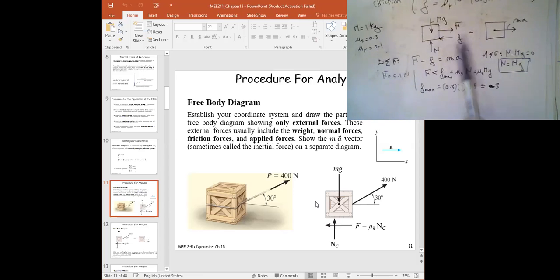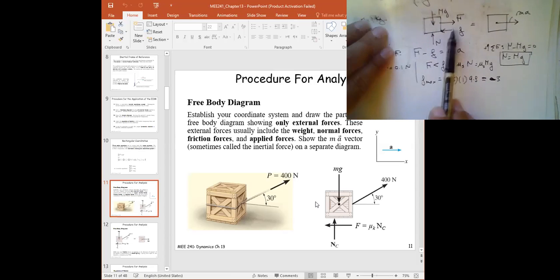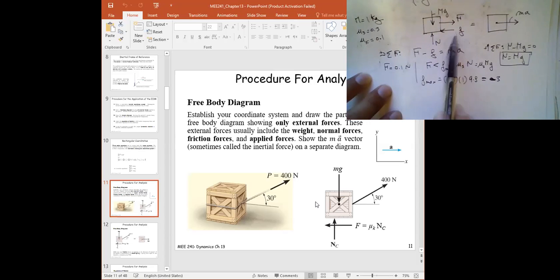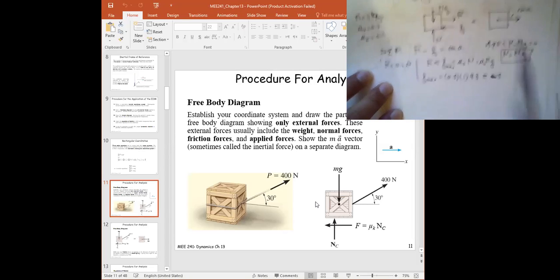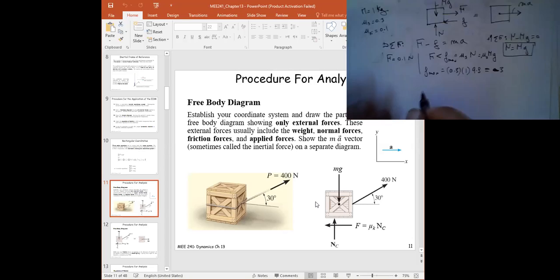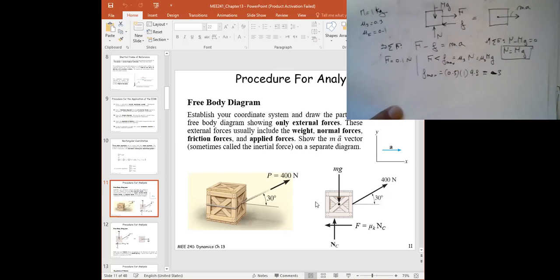So when you have friction analysis, what you have to do is find the maximum friction force, and then test if there is motion. If there is no motion, then acceleration is 0. If F is greater than the maximum force, then you will actually have an acceleration. Does that make sense? You mean static friction is when the object is not moving? Yes, exactly. The maximum value of the friction when the object is not moving. This is F max.